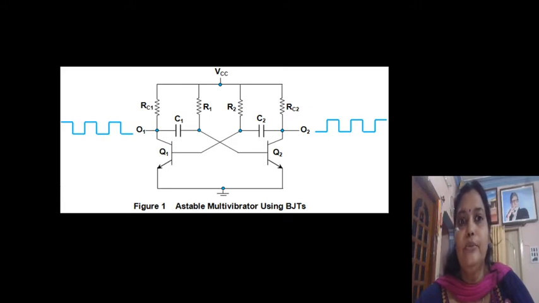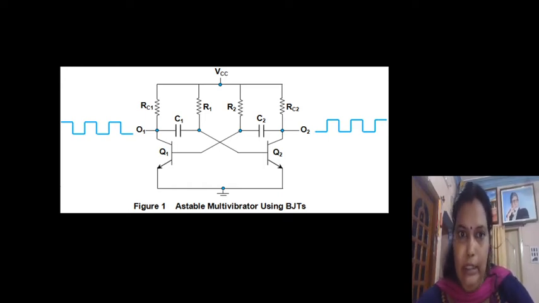Today I am here to speak on an astable multivibrator using a transistor. Let's know what an astable multivibrator is. An astable multivibrator, or a free-running multivibrator as it is called, is the multivibrator which has no stable states. Its output will be continuously oscillating between its two unstable states without the aid of external triggering. The time period of each state can be determined by the resistor-capacitor time constant, that is, the RC time constant.